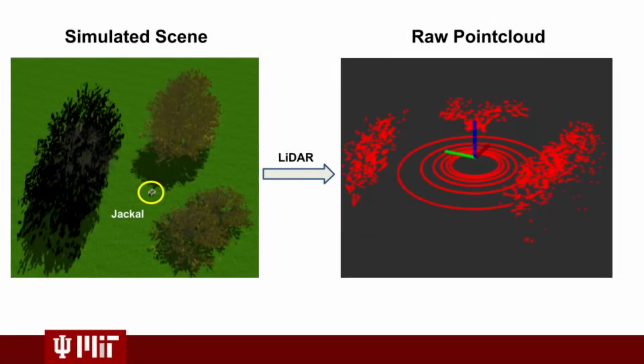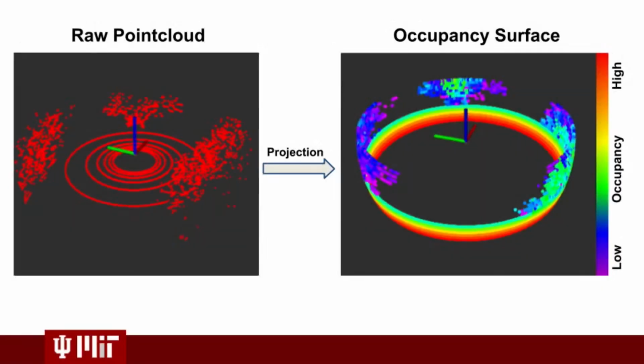First, we receive the raw point cloud from LiDAR, then transform it into spherical coordinates and project it onto a circular surface around the robot, known as the occupancy surface, where each point on the surface is defined by its azimuth and elevation angle and assigned an occupancy value based on its return distance. Then we use a sparse Gaussian process to model the probability of occupancy over the surface,